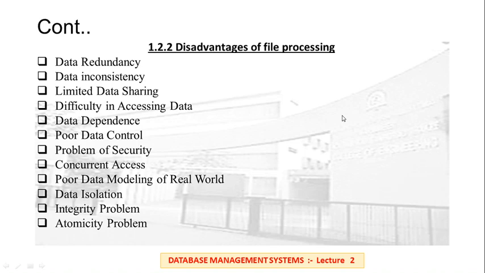The fourth point is difficulty in accessing data. The needs of data access vary from time to time, meaning different types of information are needed in different situations. For example, suppose we want to retrieve the data of employees who have not taken any leave throughout the quarter. In such a case, we have two options. We can access the data by the manual method, or we have to write an application program to retrieve such customized data. Both options are not convenient, as both lead to wastage of time and are time consuming.